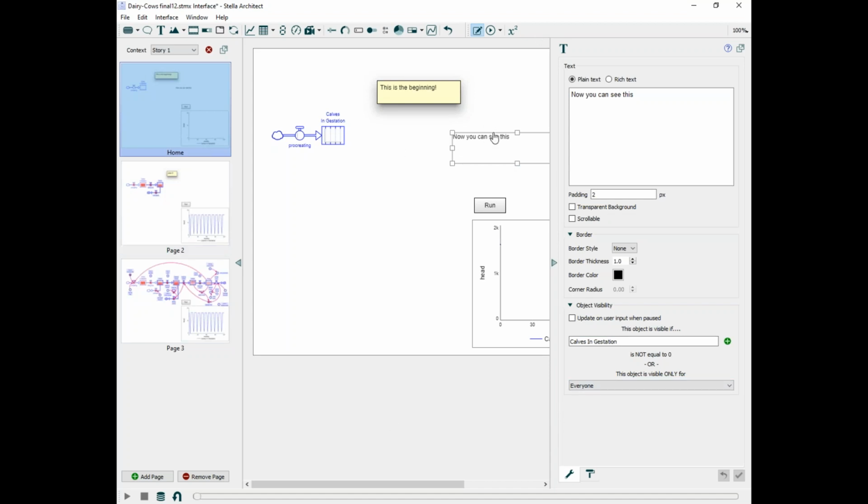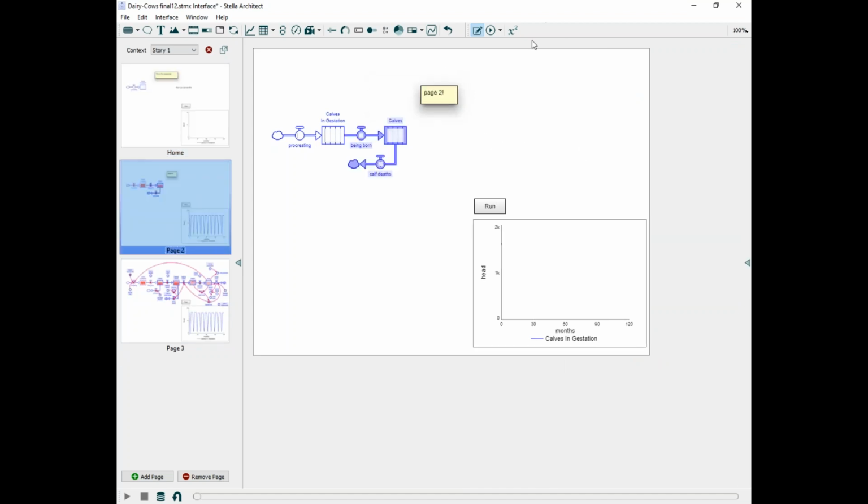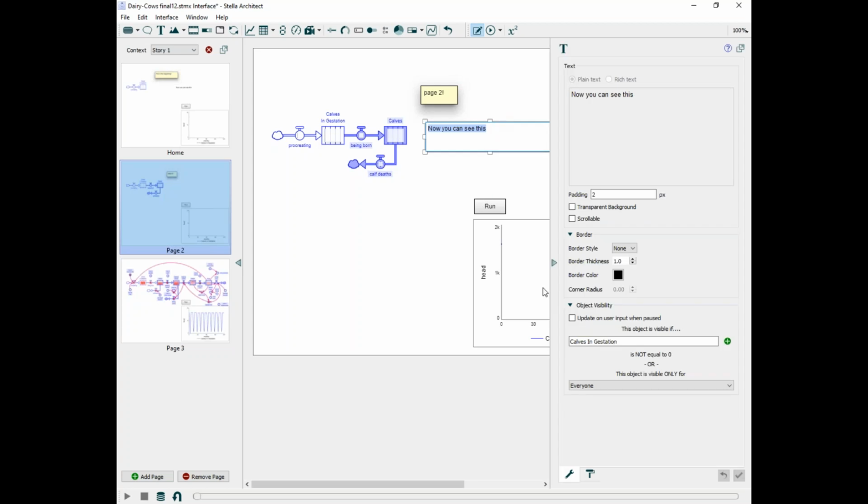Oh, I have to do this on page 2. Sorry, I have to do this on page 2. Let me just copy and paste all of this. And set it up so it's calves, not calves in gestation, but calves. So when we go here, restore all